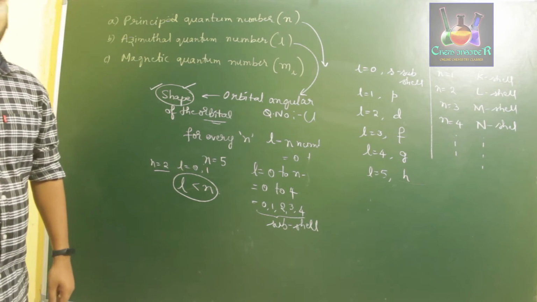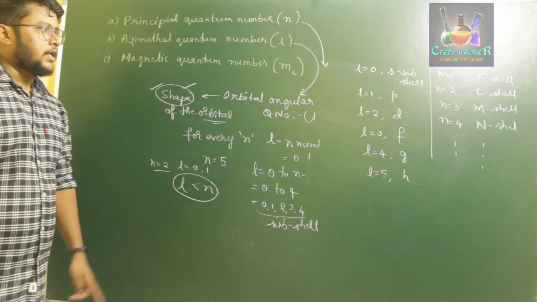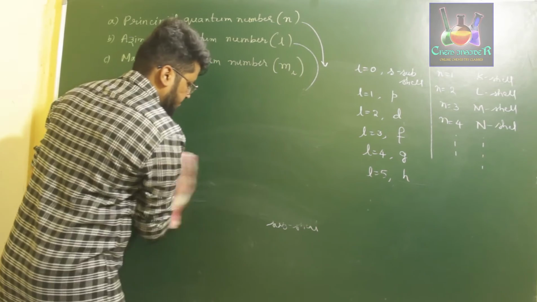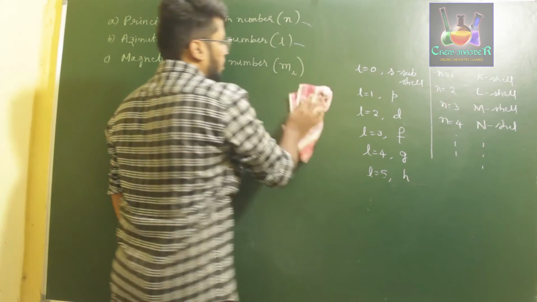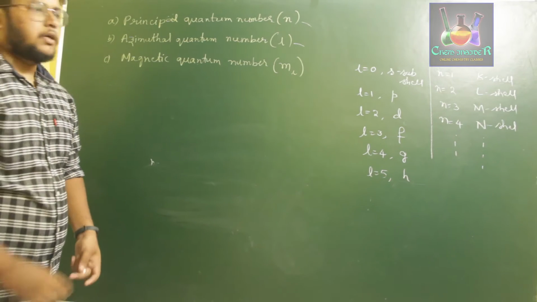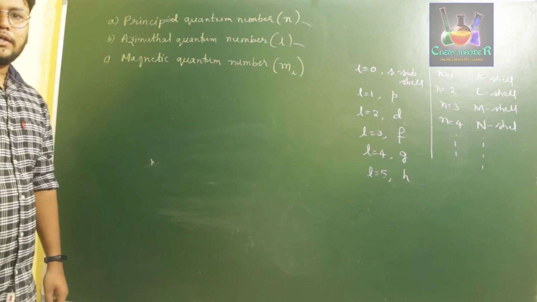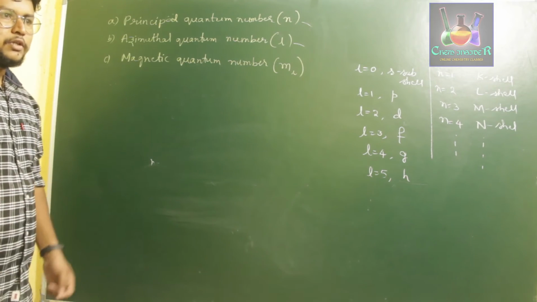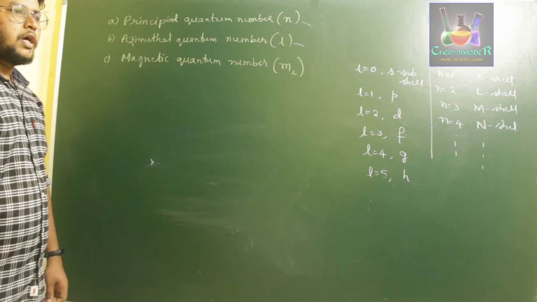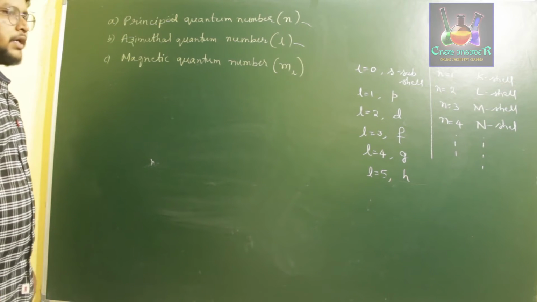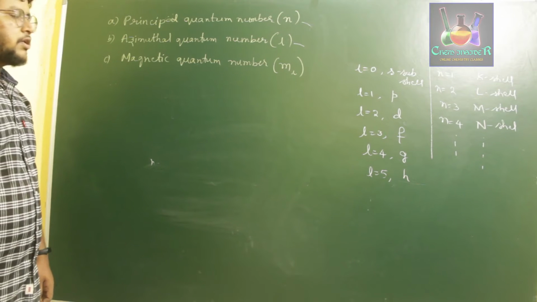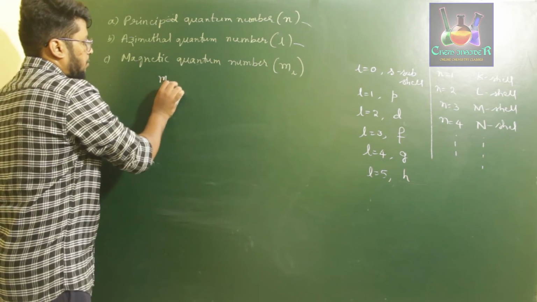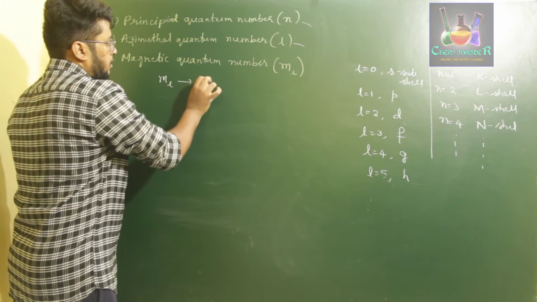So the azimuthal quantum number helps us to know the shape of the orbital and the subshell of the orbital which is present. Next is the magnetic quantum number. This magnetic quantum number plays a role in determining the orientation of the orbital. If you consider an electron present in a particular direction, then the magnetic quantum number is useful to determine the orientation at which the electron can be found.